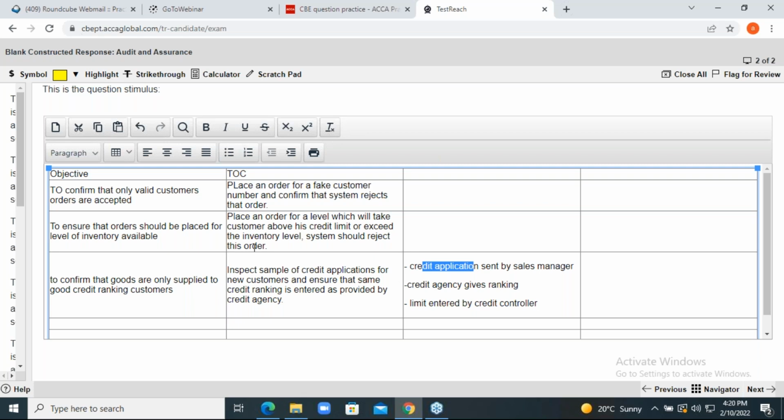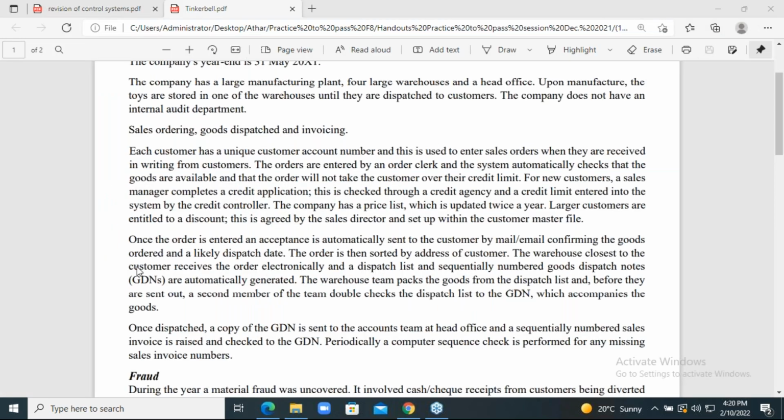Now let's move to another example. Now you can see this is another data that is written in sales ordering system. The company has a price list which is updated twice a year. Now this is a piece of information that is provided, and it is an important control system that the company has a price list